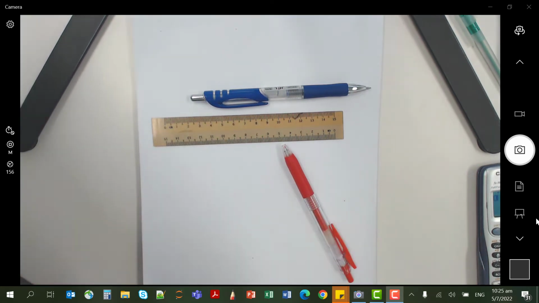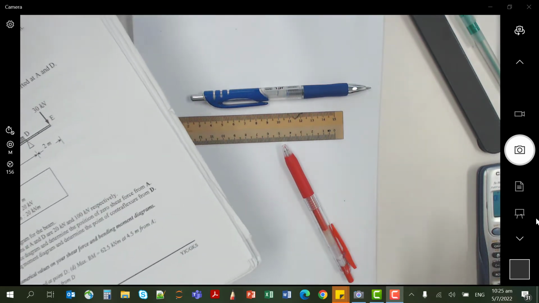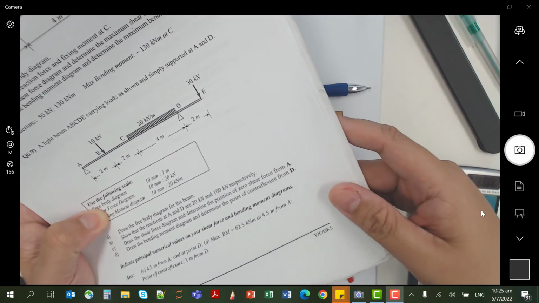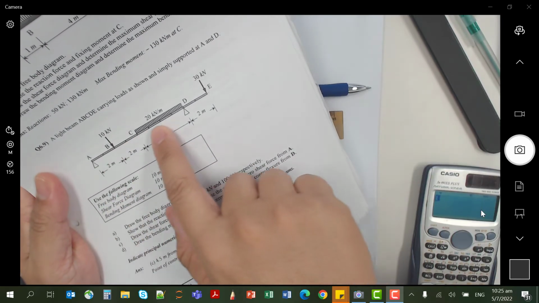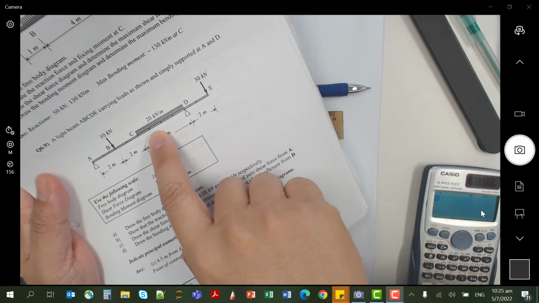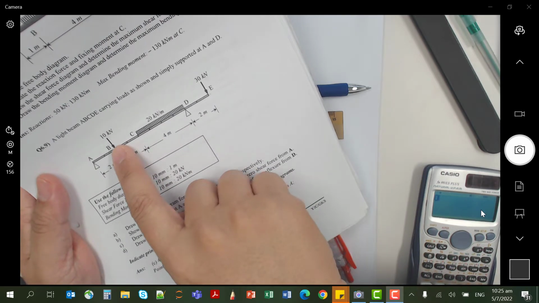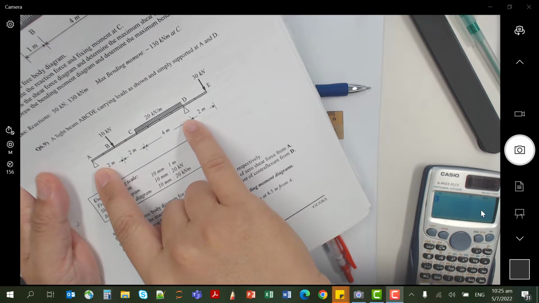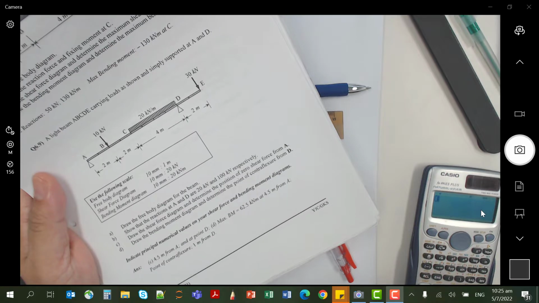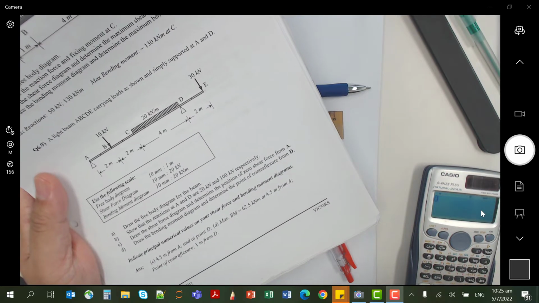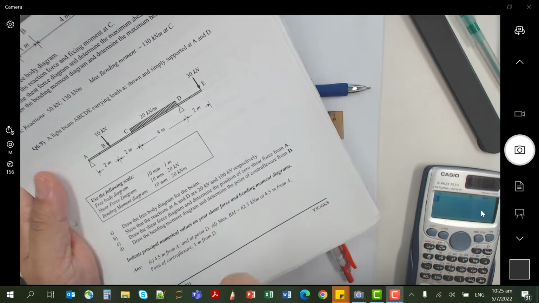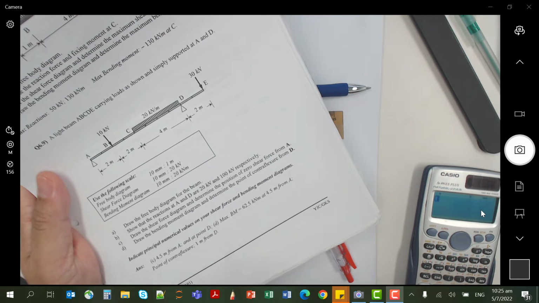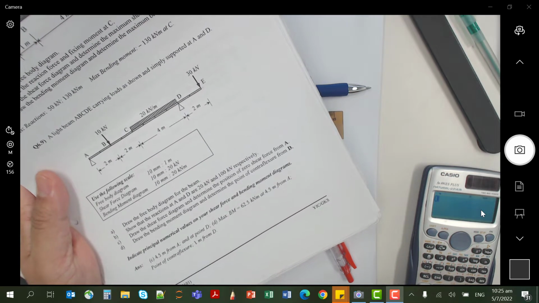Alright, so the tutorial question we're looking at is 6.9, which is here. This is basically a beam having a uniformly distributed load and 2 point loads at B and E. Your supports are at A and D. The typical flow is that you will need to draw out the free body diagram, followed by a shear force diagram, followed by a bending moment diagram. I will show you the steps of exactly how to draw and how to derive the values of each of the